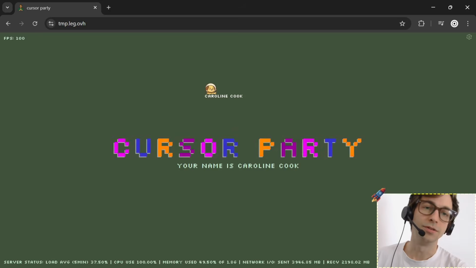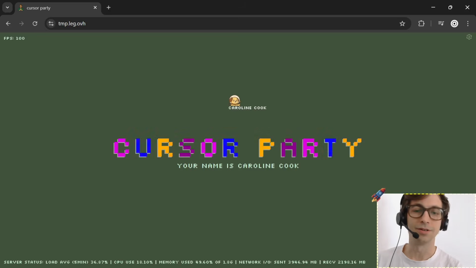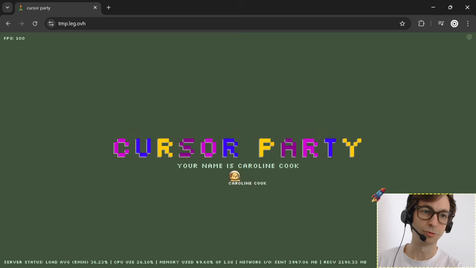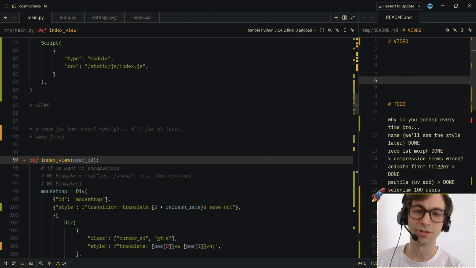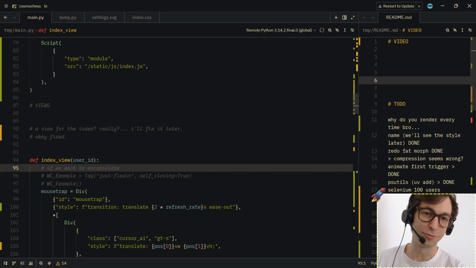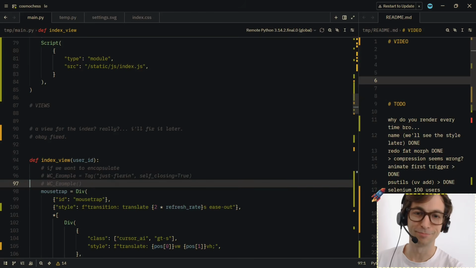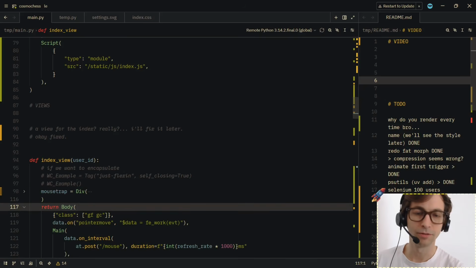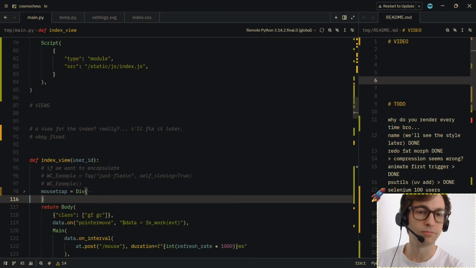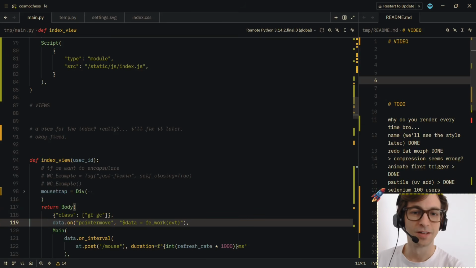For the moment, the state is shared. But let's say that you want to display you instead of Caroline Cook, so you want different HTML to be sent to different people. You can define your HTML, your view, you can call your view every time. Alright, the mousetrap, we are going to talk about that later, but first we start with a simple body and